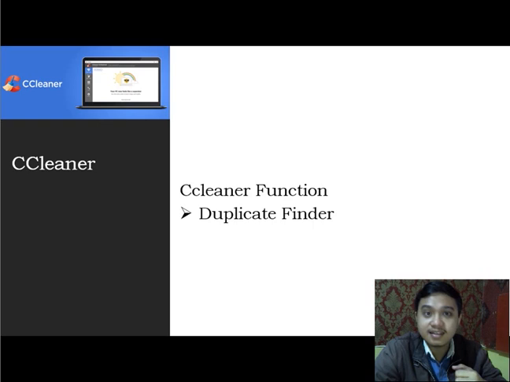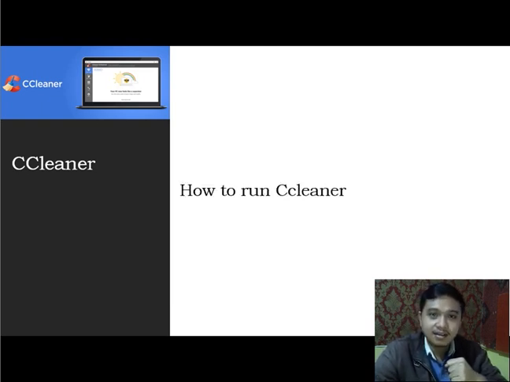Whatever the case, CCleaner's Duplicate Finder can help you seek them out using the file name, size, date modified, and more. There are more advanced tools out there, but this one is a good start to your search. Okay, after this, I will explain how to run CCleaner and some of its functions.